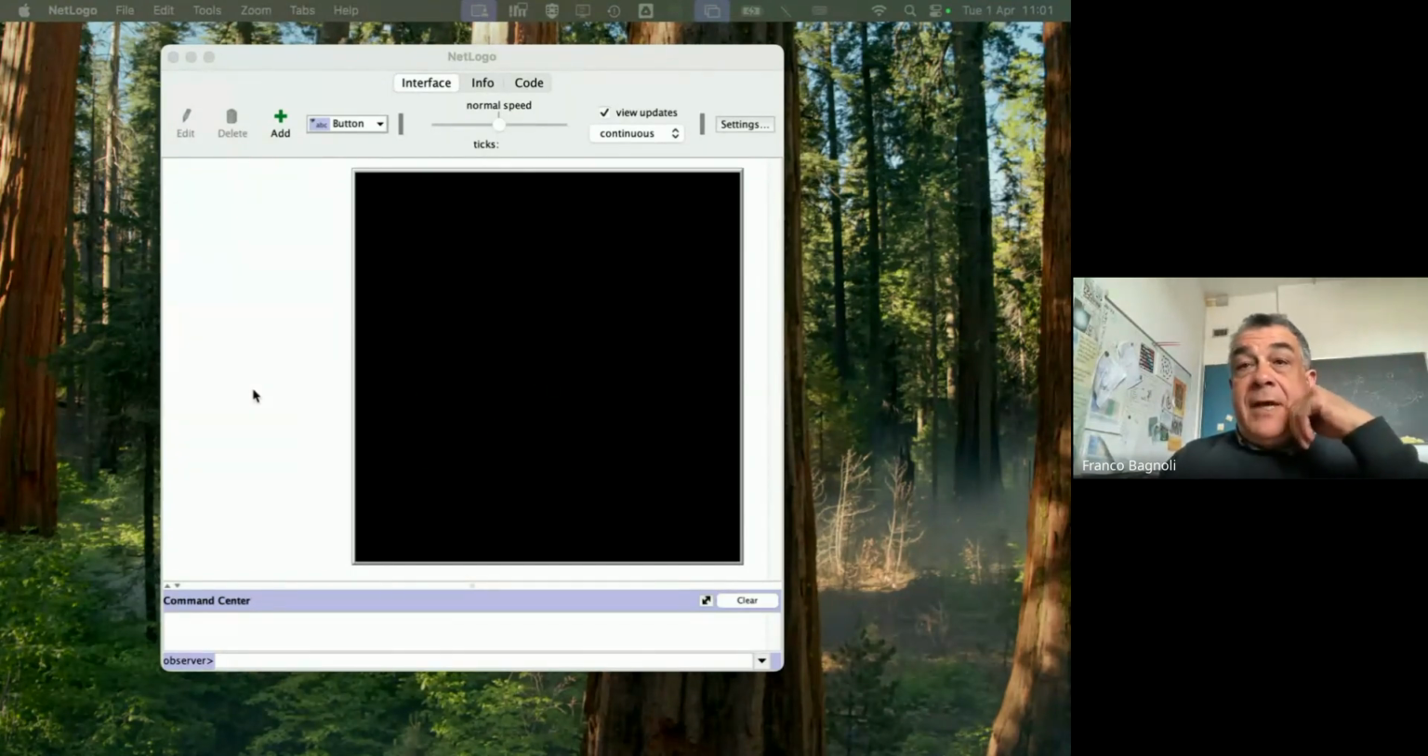arrange an environment where, I don't know, we model the growth of some trees. Then there may be a fire, and we try to find the critical percentage of trees so that it is able to either have a fire that spreads all over the